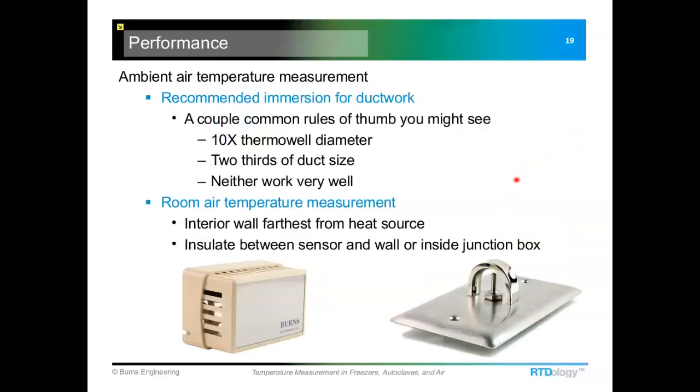And if we're measuring temperature inside of ductwork, there's a couple of rules of thumb that you may have seen out there. Like 10 times the thermal well diameter, or insert at least 2/3 of the duct size. And I guess what I have found is that neither one of those really works very well. There's a lot of ifs and buts that go into this, and you really need to look at each application specifically and what the flow rate is, whether it's an insulated or uninsulated ductwork,